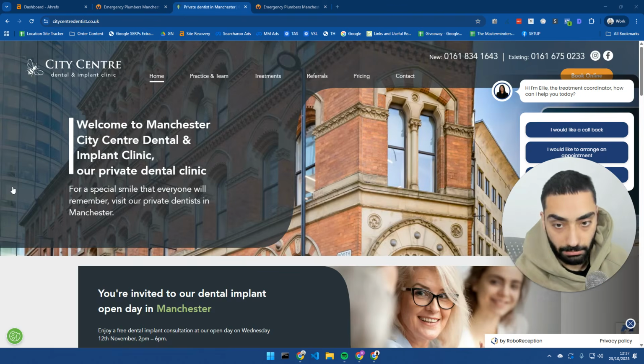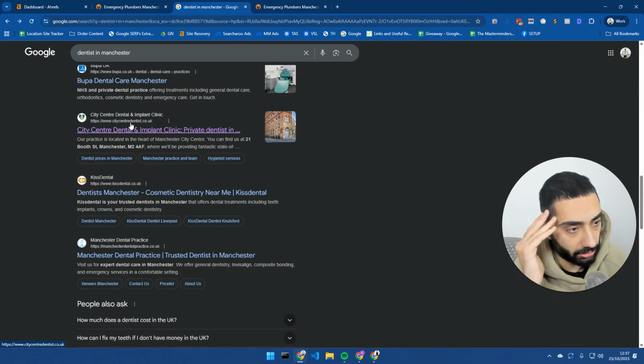Now, the next tip is building semantic depth and also local entities as well. There's a variety of different ways that you can do this, but the first step is making certain that it is clear to Google where you're based, who you are, and what you do. So if we take a look at this, we are City Centre Dental.